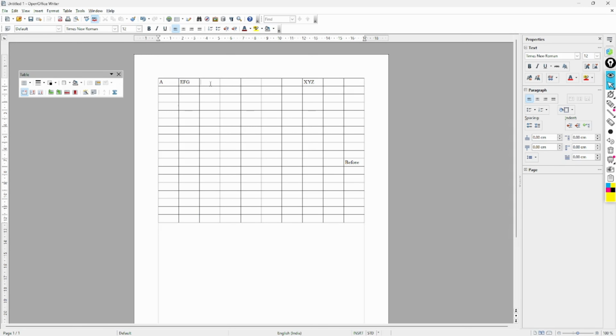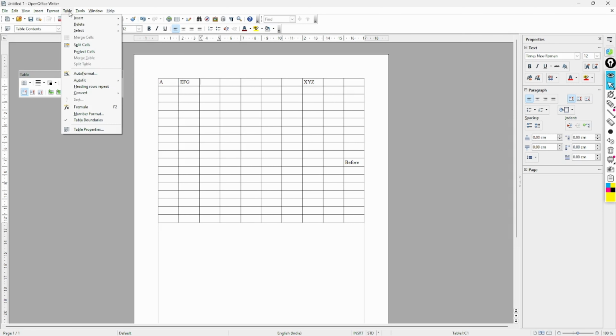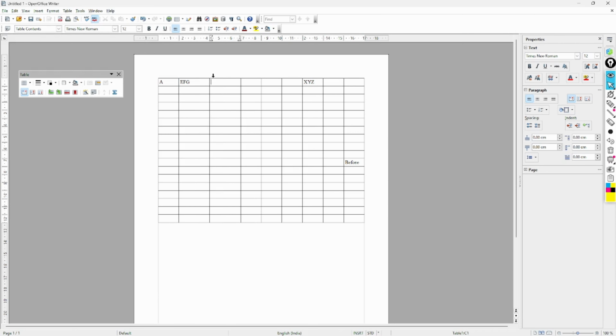We have that power. So I will now delete a column. See, Table, then the Delete option. There are three options: the first is the entire table, the second is rows, and the third is columns. So which option will I select? Columns. Done. That column got deleted.